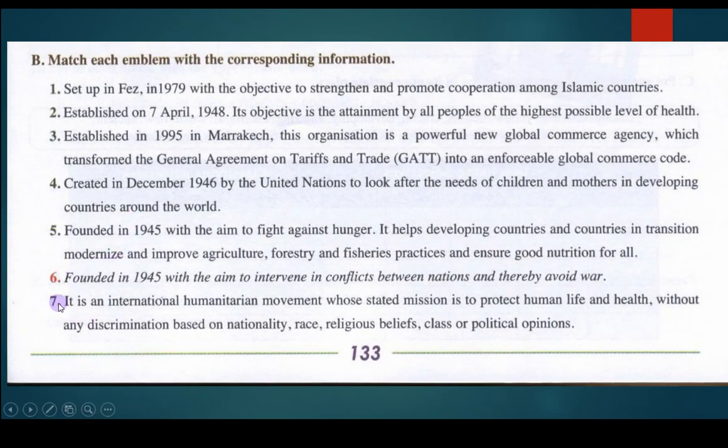Now, 7 and the last. It is an international humanitarian movement whose stated mission is to protect human life and health without any discrimination based on nationality, race, religious beliefs, class or political opinions. هي